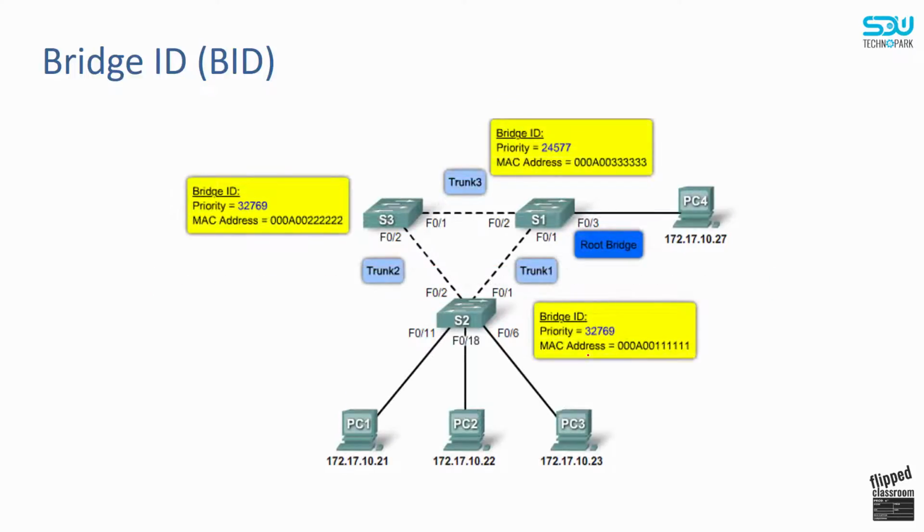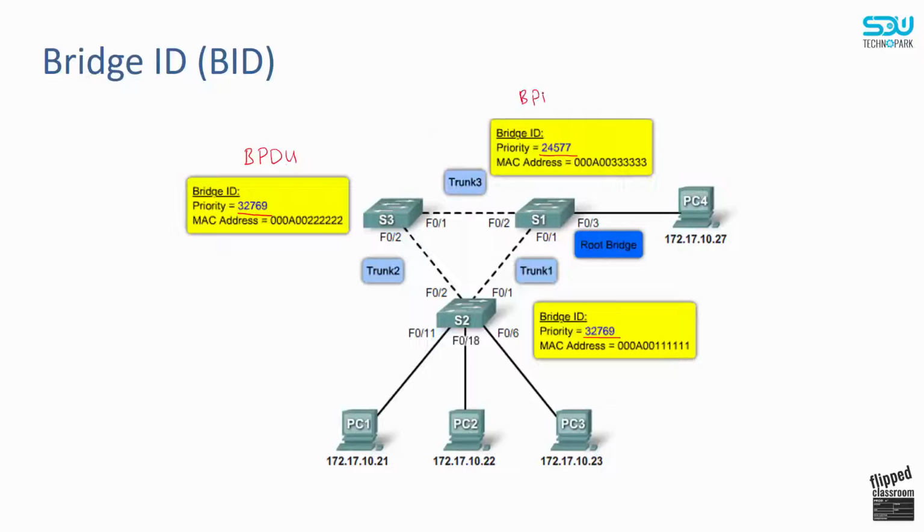If you take a look at such an example, where switch 3 and switch 2 have the priority value 32,769, so they are the same, and the priority value of switch 1 is equal to 24,577, all of the switches start to create special packets which are called BPDU, bridge protocol data unit,